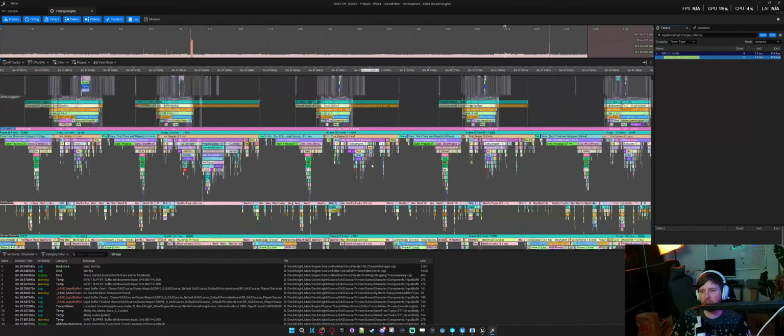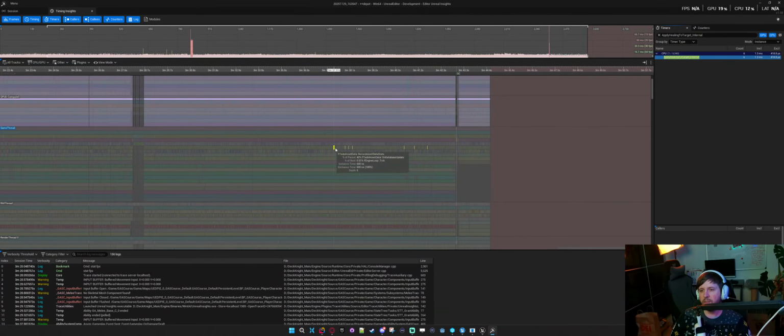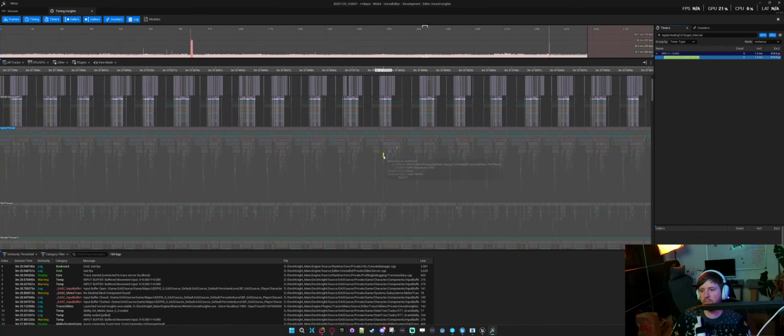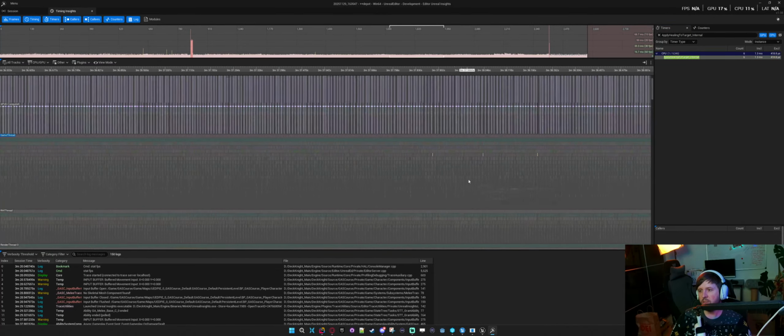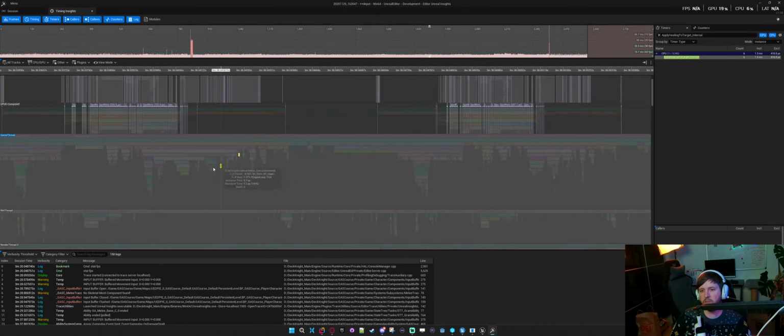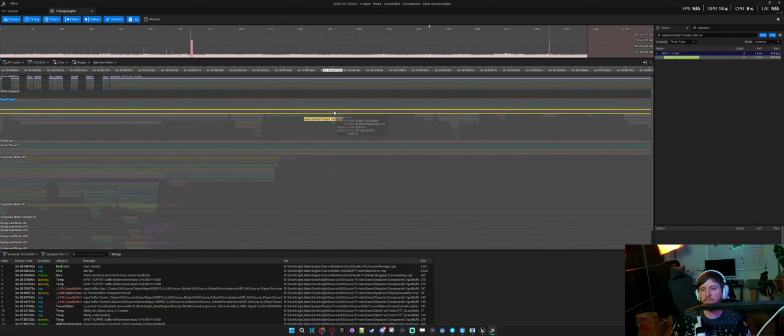Also this tick, do all of them count that? Let me see. Let's just pick another one randomly. So this one's 60. This one is 40.